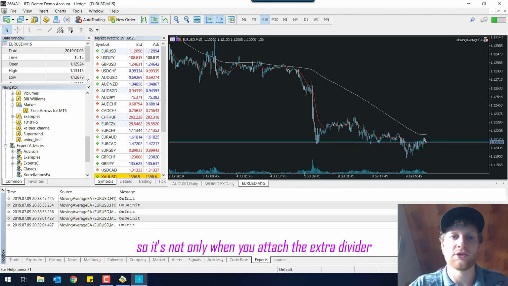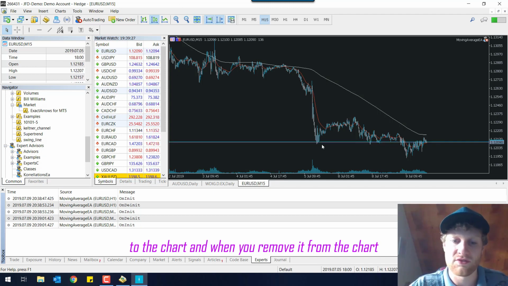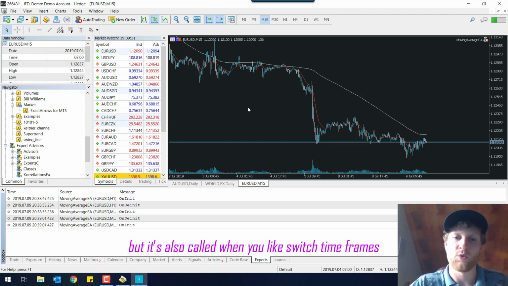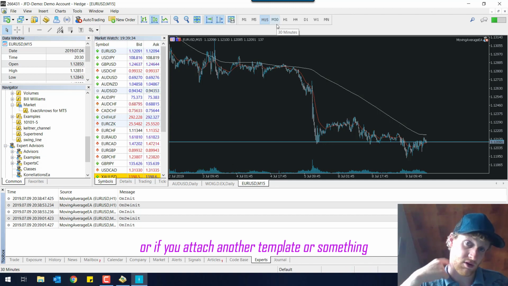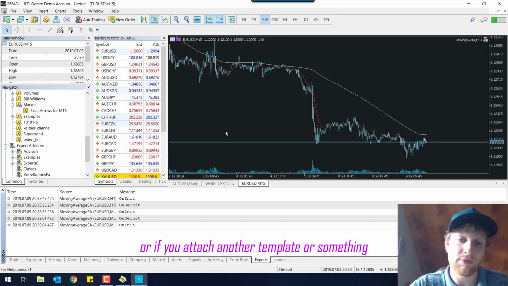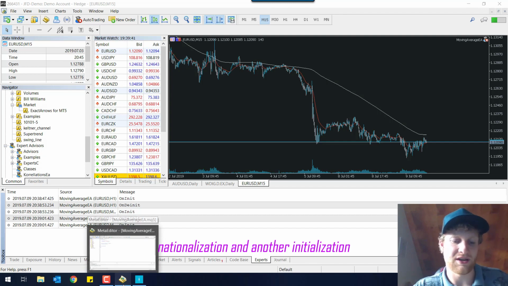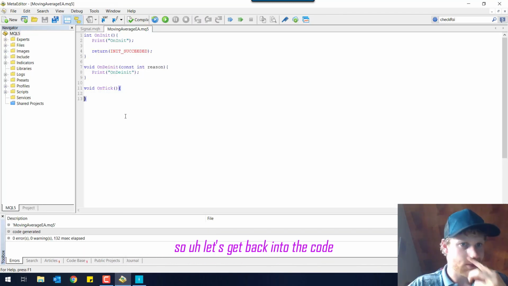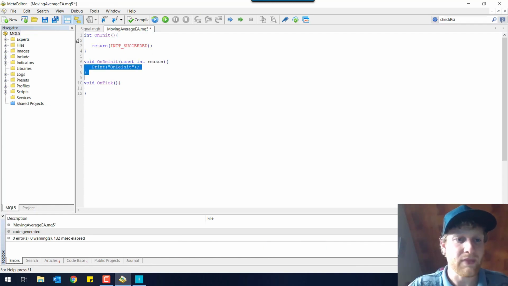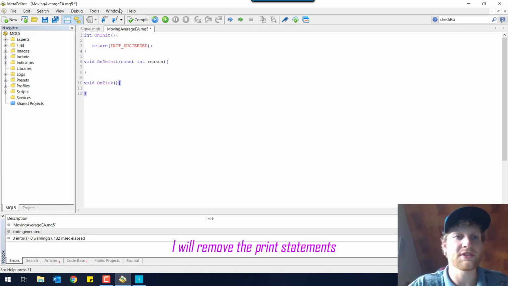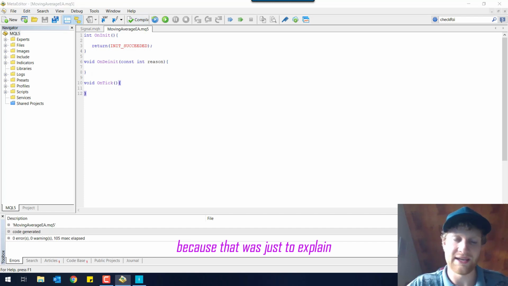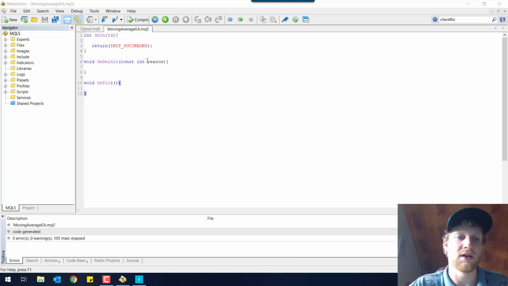So it's not only when you attach the Expert Advisor to the chart and when you remove it from the chart, but it's also called when you switch time frames or if you attach another template or something. So there are several events that will cause a deinitialization and another initialization. So let's get back into the code. I will remove the print statements because that was just to explain these basic functions. And now we can start by